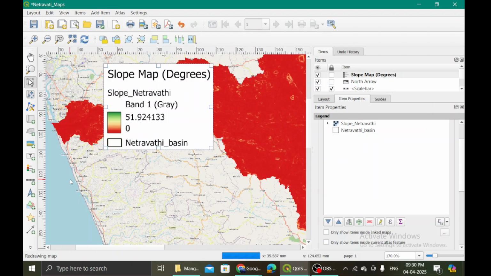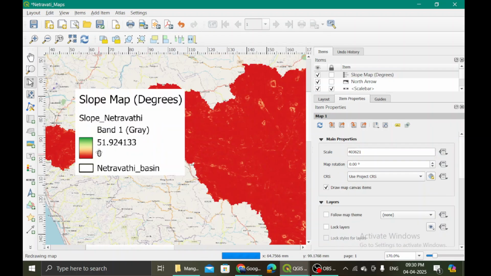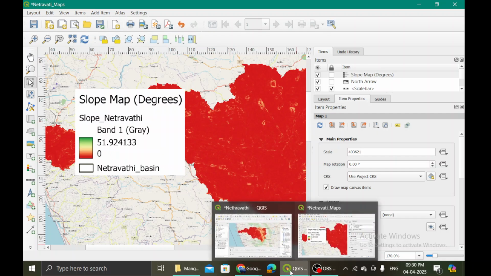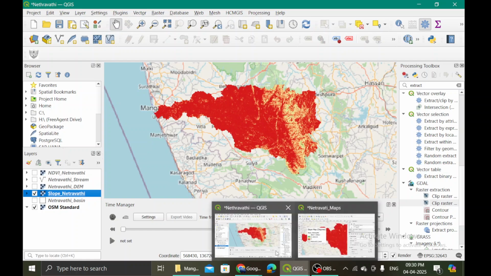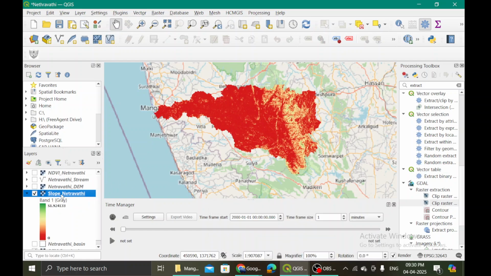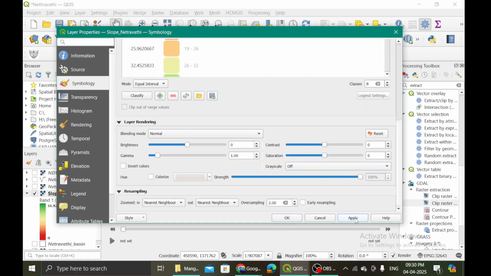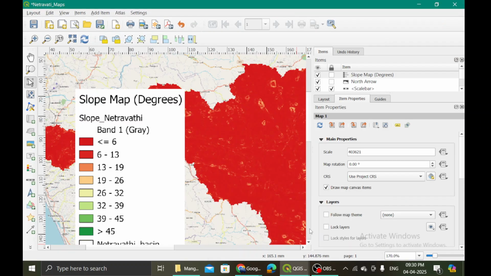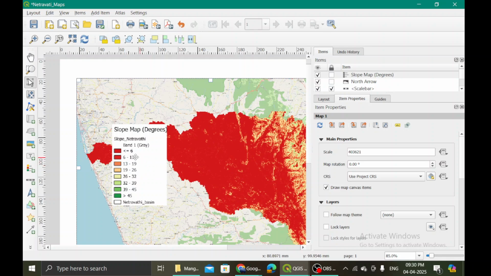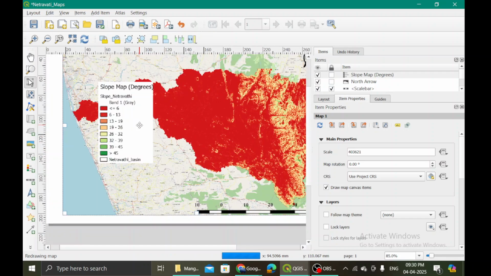Okay, now the problem is my scale bar seems to be ranging from 0 to 51, and the classes that we had made are not seen. Let me just have a look. Okay, I go to properties, where this linear I should not be choosing. I should be choosing this discrete. So then I will make it apply, and then you will see it has been separated into these boxes. Apply and then hit OK, and then come back to your map layout, and you will see that the classes have been populated, right?